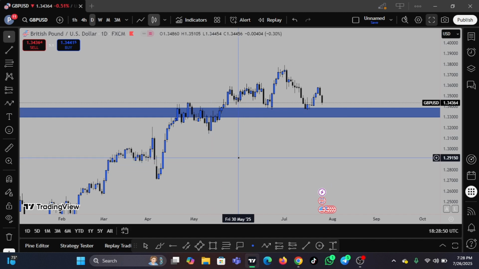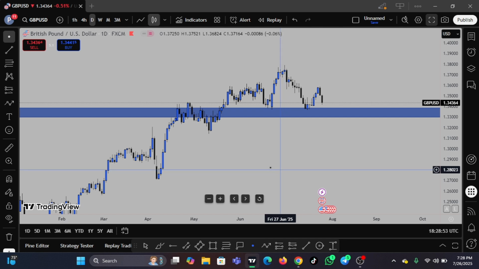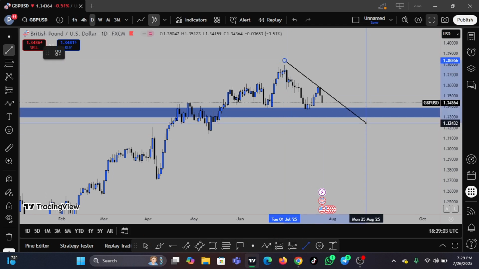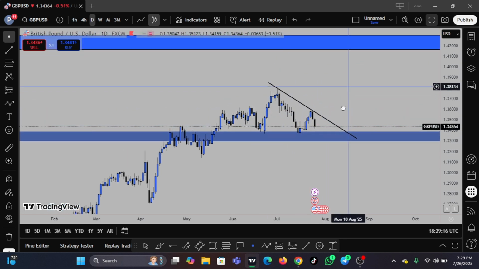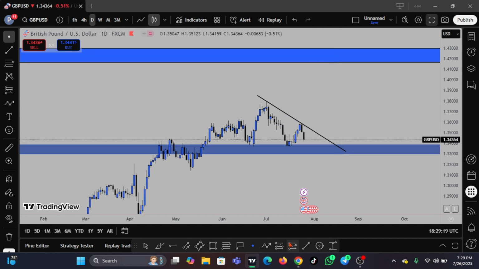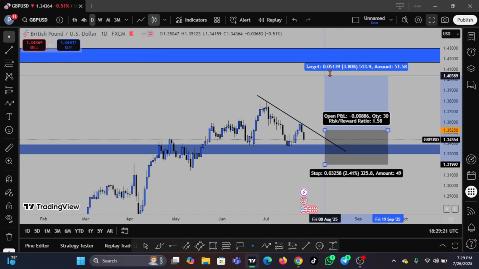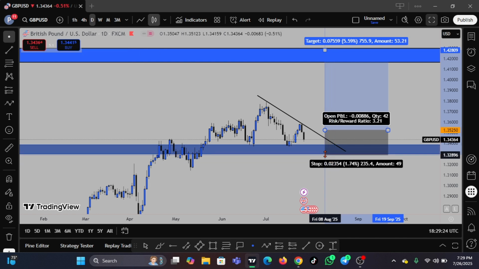So currently 60% bearish on GBP USD and 40% bullish on GBP USD. If I'm going to be trading a buy on this movement, I already told you guys I'm a swing trader. If I'm going to be trading a buy, I want to see price breaking this my counter trend line. If price should break above, then I will know that this pattern is likely to be invalidated, and we still have more room to push to the upside like this.